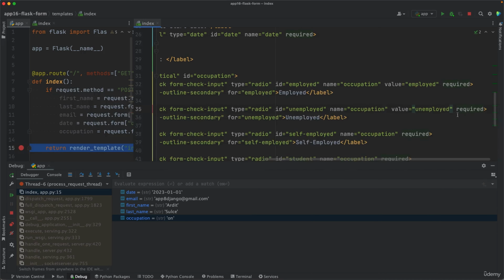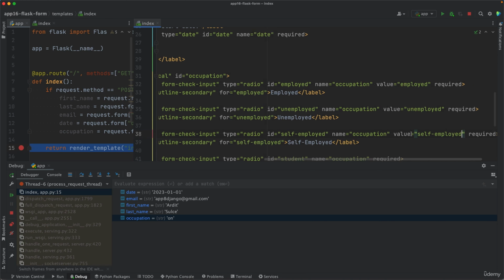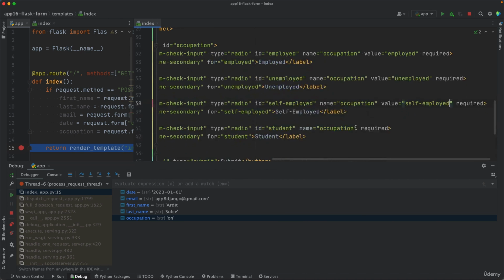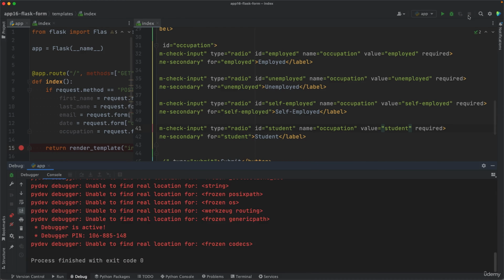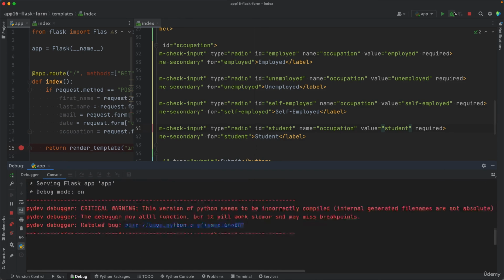Make a space there between the value and the required property. Same for this, value is equal to self-employed, and lastly value is equal to student. Good. Now let's stop this debugging process and start it again. So make sure that the dot is here, start the debugging again,